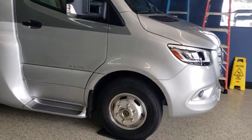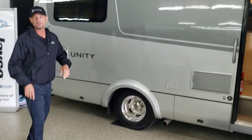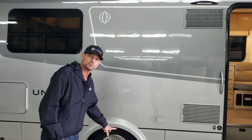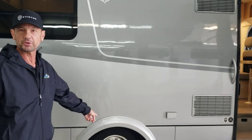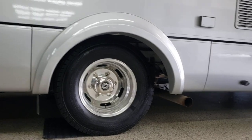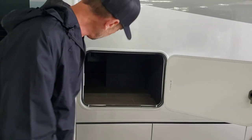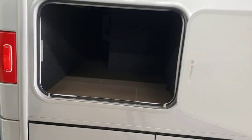Alcoa package, filter, and one of the things that they do is they also use the second wheel on the dually as an Alcoa as well. A lot of your 6-wheel packages, it'll put the Alcoas on the outside and a steel wheel on the inside. When you have the twin bed, you have a complete pass-through,